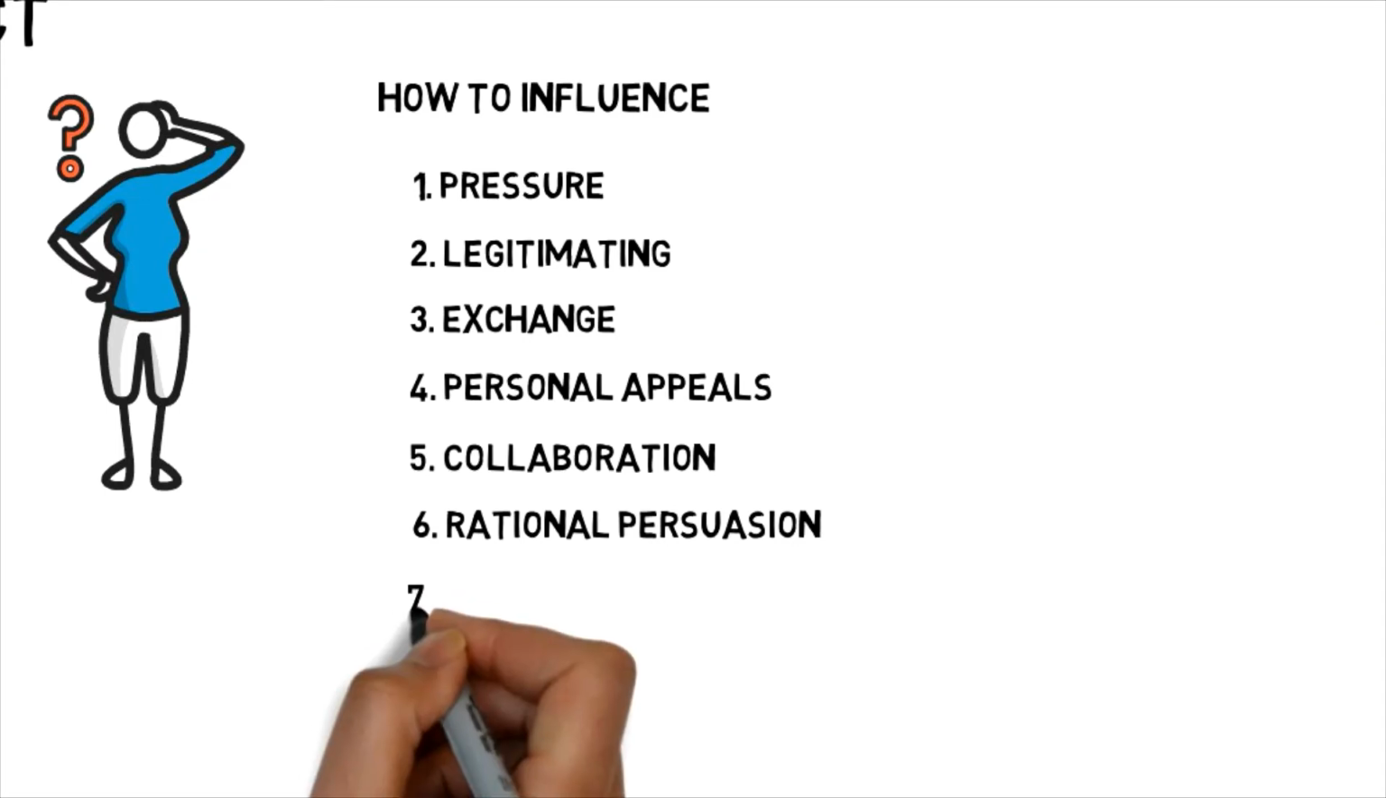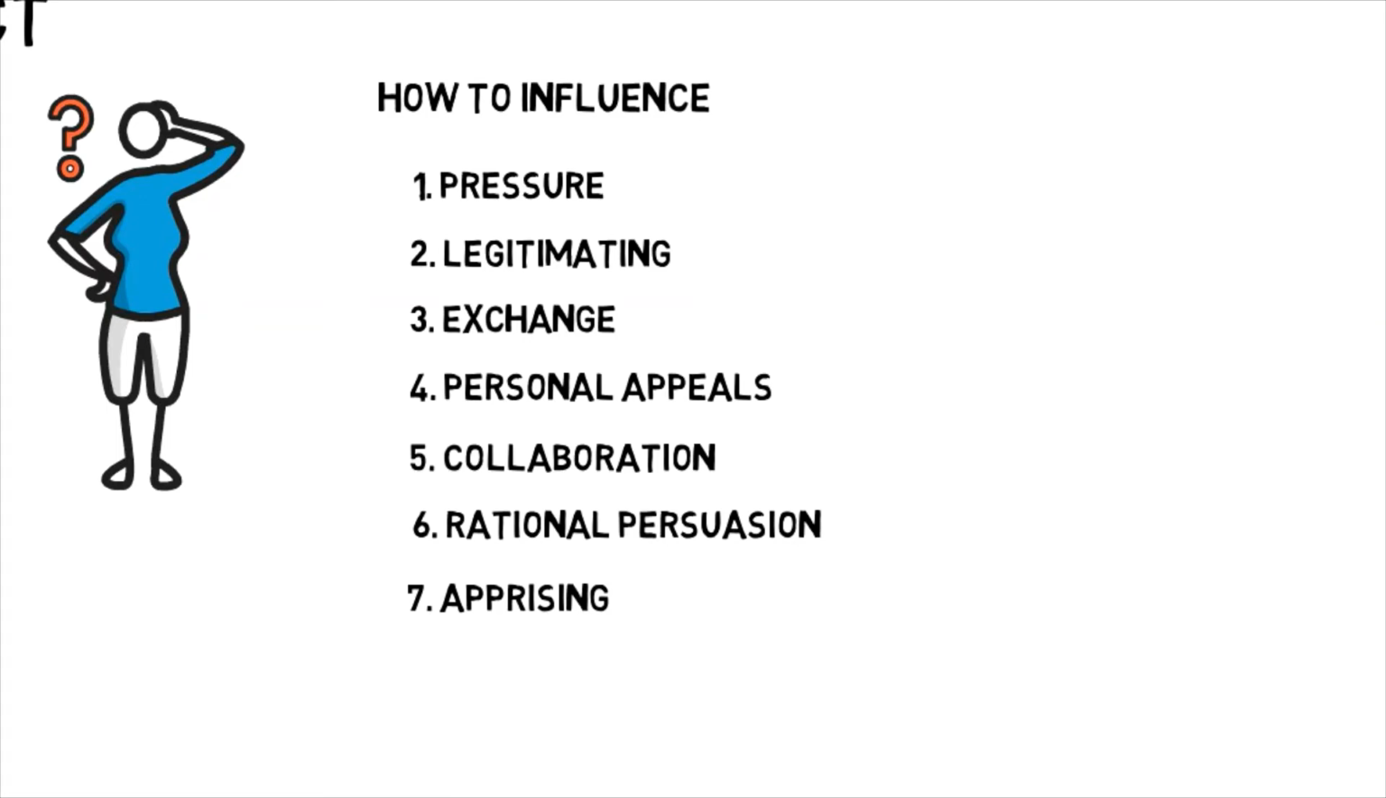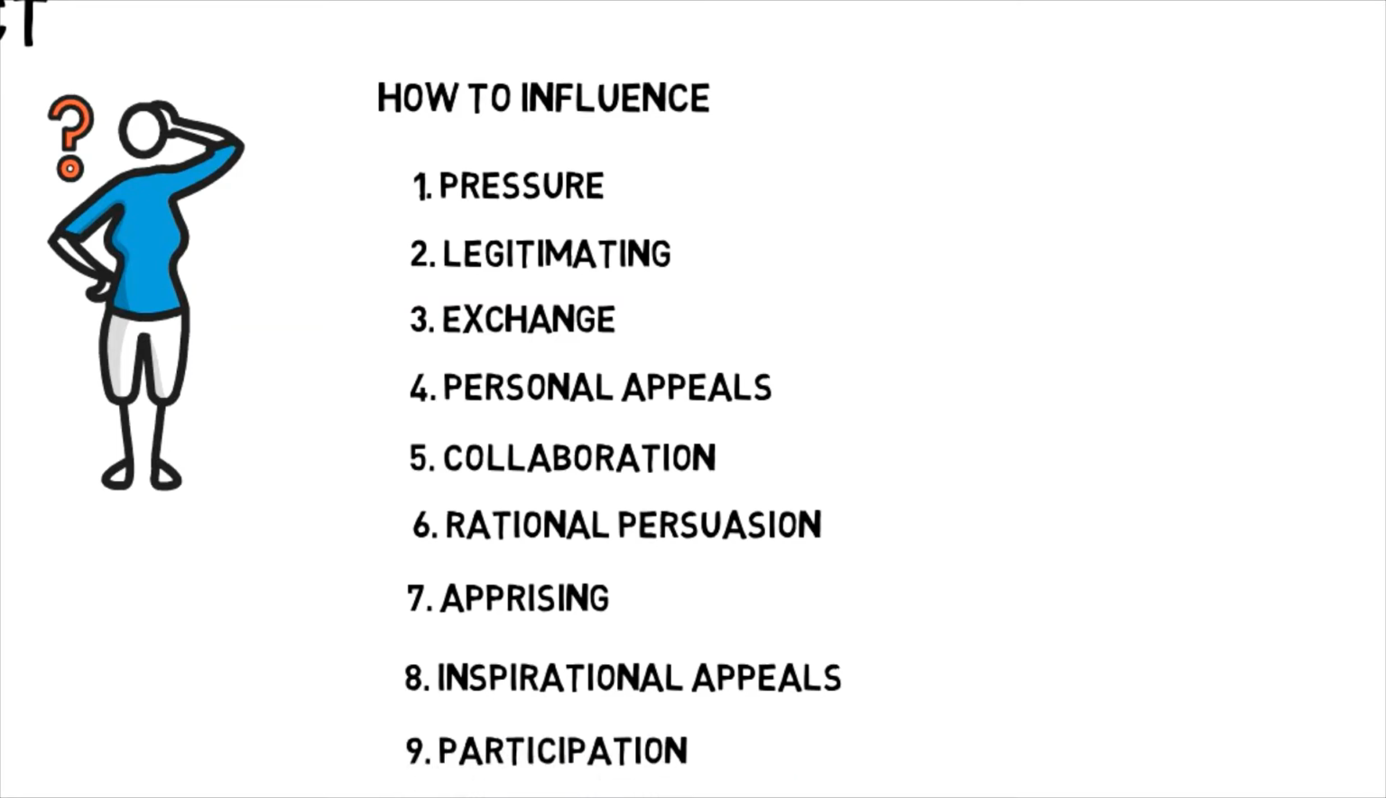Number 7 is apprising. This is when the leader explains why an order or request will benefit a subordinate or team, such as explaining how performing a task a certain way will save time. Number 8 is inspirational appeals. This occurs when the leader creates enthusiasm for a request by arousing strong emotions in support of a decision they must make or have already made. Number 9, participation occurs when leaders ask others to join them in determining how best to address a problem or